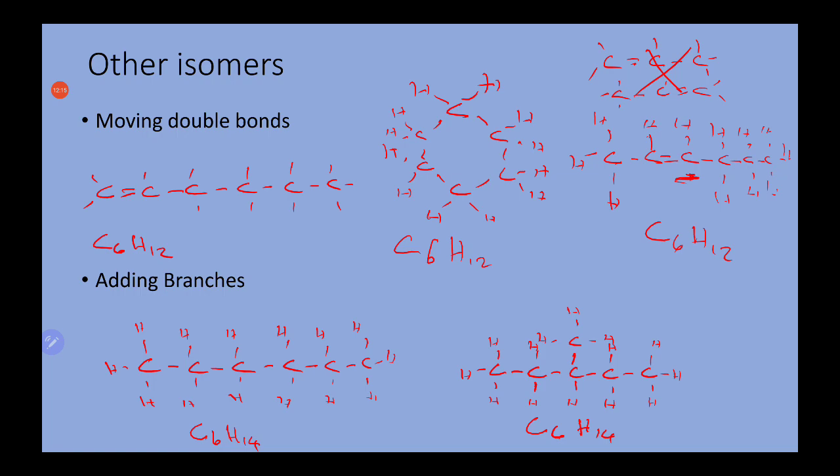Okay, and we need to count that as part of the long chain. So you need to be careful of that as well, because what you might end up doing is drawing exactly the same molecule. So I'll give an example. If I take hexane again, if I were to draw 1, 2, 3, 4, 5, 6. First glance looks like an isomer, but actually